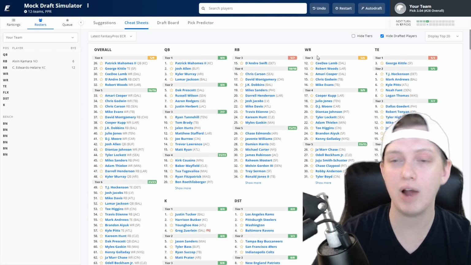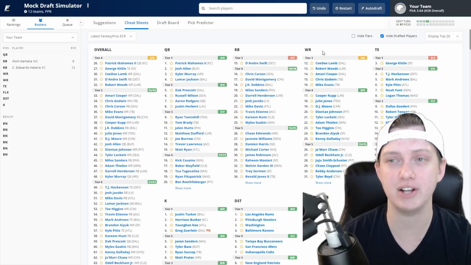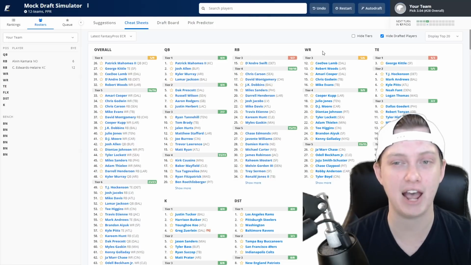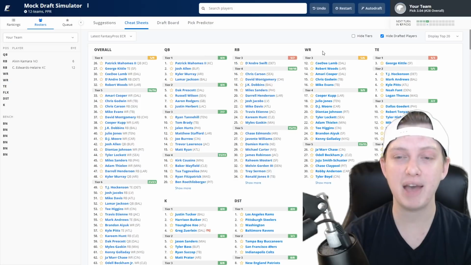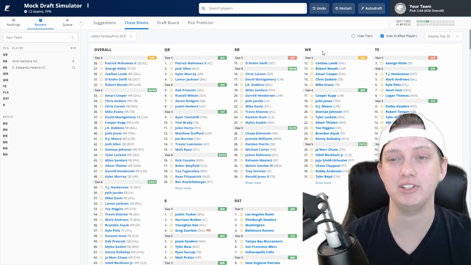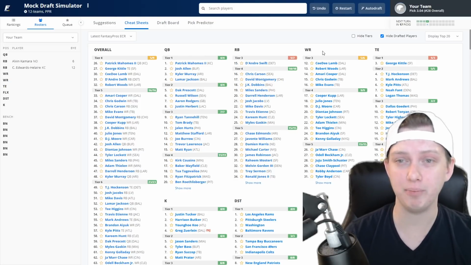I think that Robert Woods is definitely a very interesting pick this season. Once they added Matthew Stafford to the team via that trade, they kicked Jared Goff out of town. They bring in Matthew Stafford. I think Matthew Stafford's going to be able to take this offense to the next level, but CeeDee Lamb, now